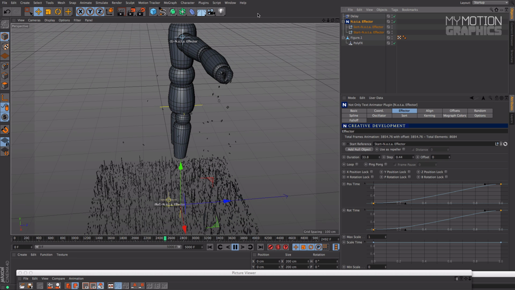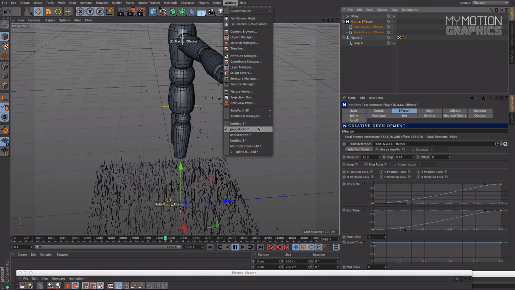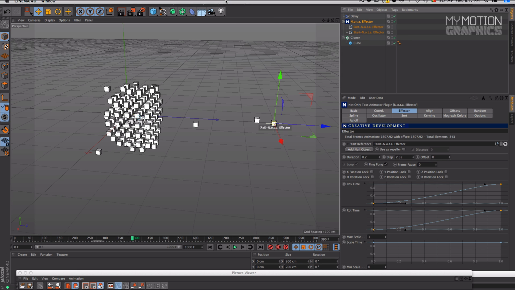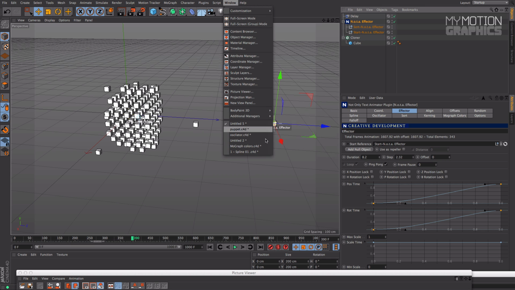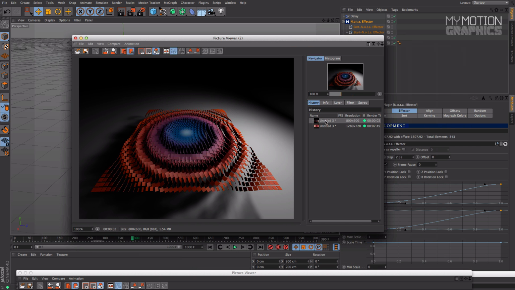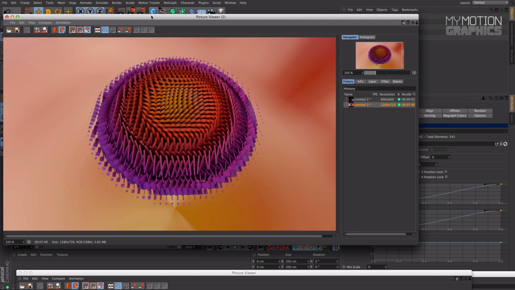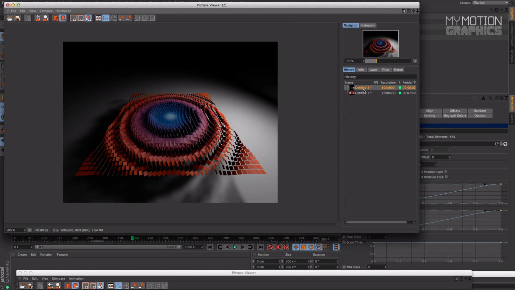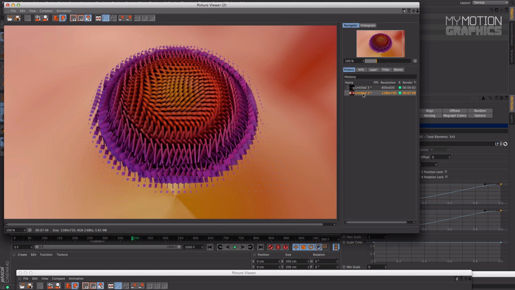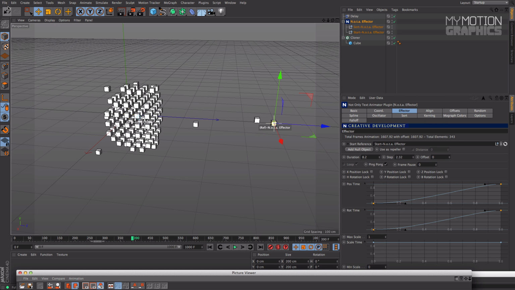Let me see some more examples. Yeah, no more examples for now, but I do want to show you some quick renders that I've done just playing with the NOTA effector. Yeah, and this is just playing with the oscillator. So once again,